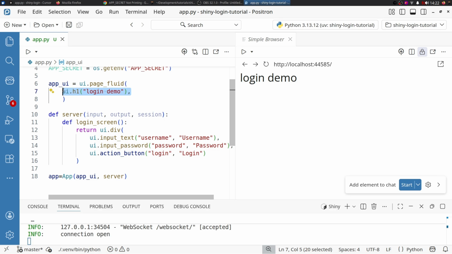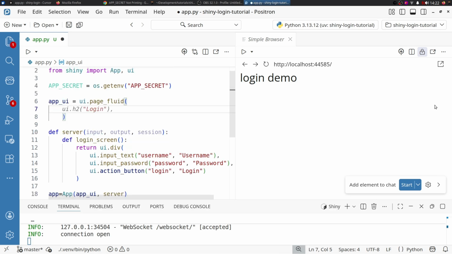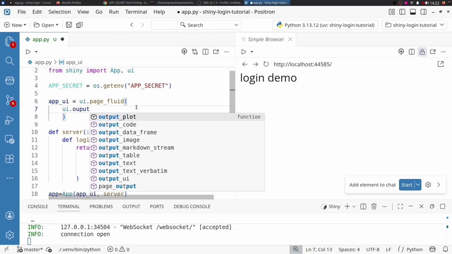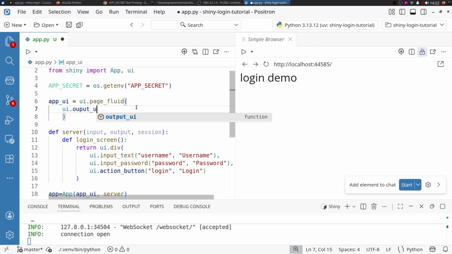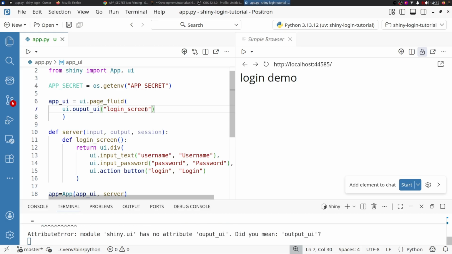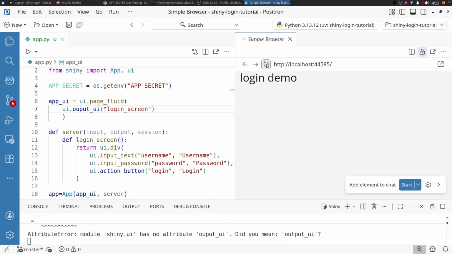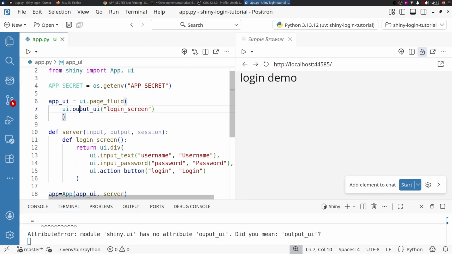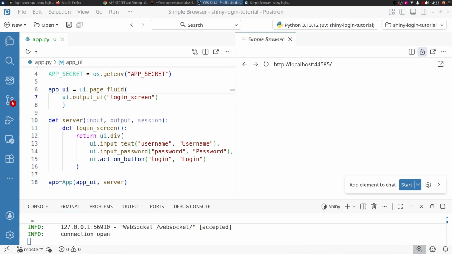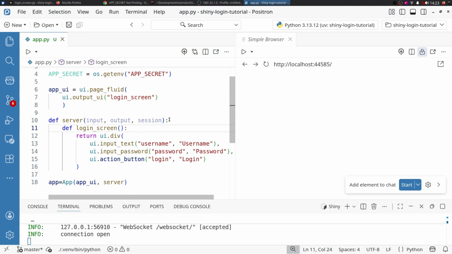Okay, so I've set up the function for the login screen on the server portion that's returning this element, this UI.div in Shiny. To make it appear on the screen, I'm going to go to the app_UI variable. So we're using UI.pageFluid here. That's being passed over to the app when it instantiates. So we're using the name of the function, that login_screen, as the connector. And so we pass the